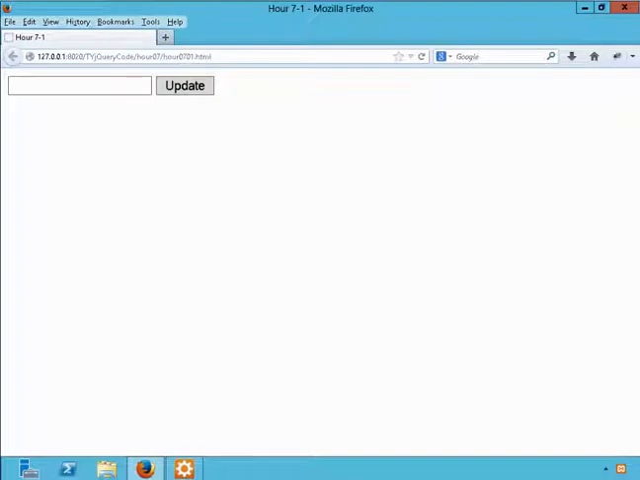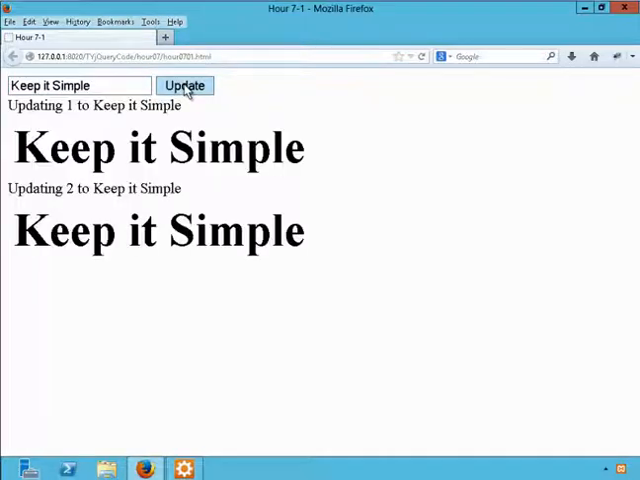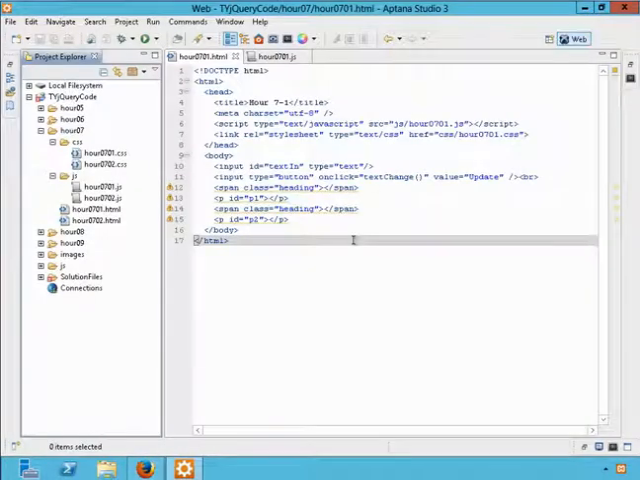What this particular project does is enables us to use this text box to put in arbitrary text. And then when we click Update, it runs a JavaScript function and alters that text based on the code. To see specifically what's going on, let's start with